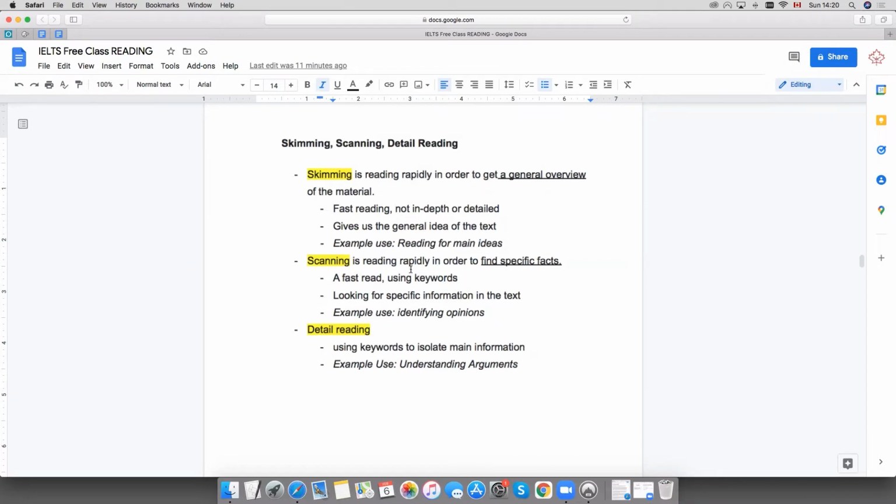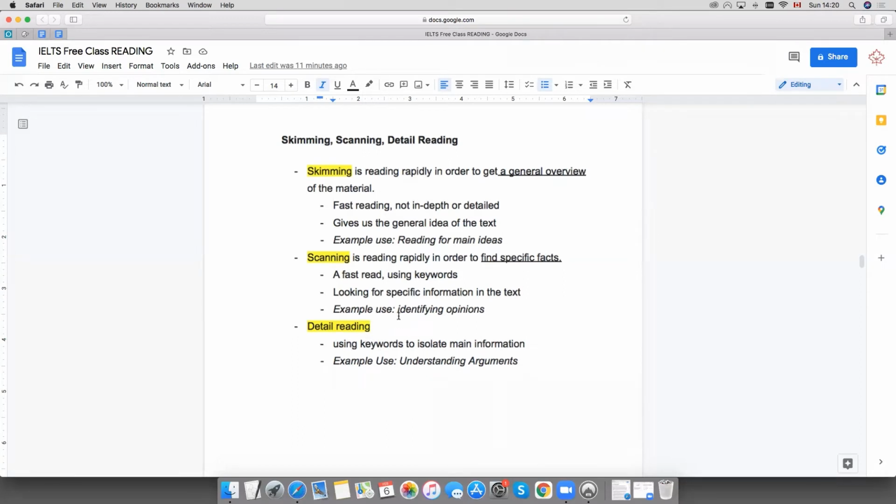Skimming and scanning, I will say, are extremely important for both tests, but these will be the main focuses for the general test. If skimming and scanning are your strengths in reading, you will do just fine on the general test. But if we are going for a high level in the academic test, the detail reading becomes a lot more important. We're still using keywords to isolate main information, but rather than identifying a general opinion, let's think about